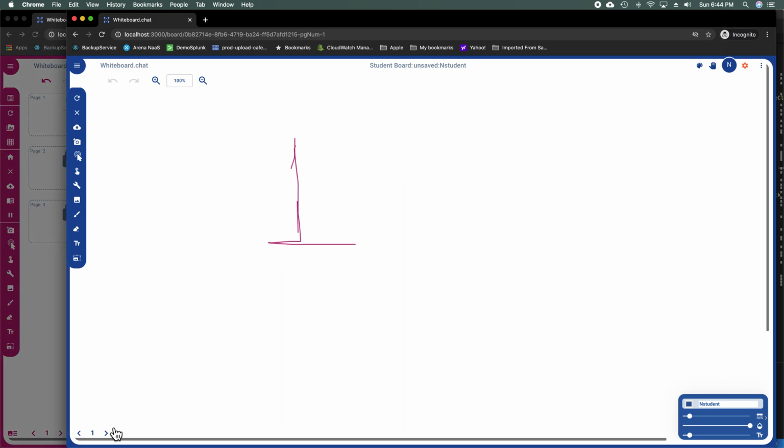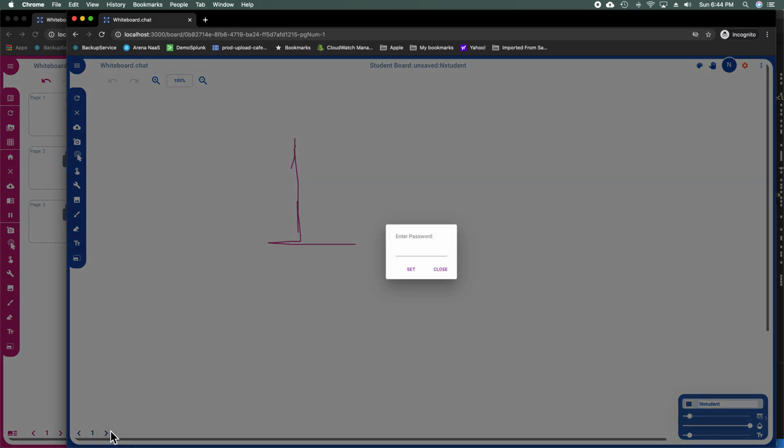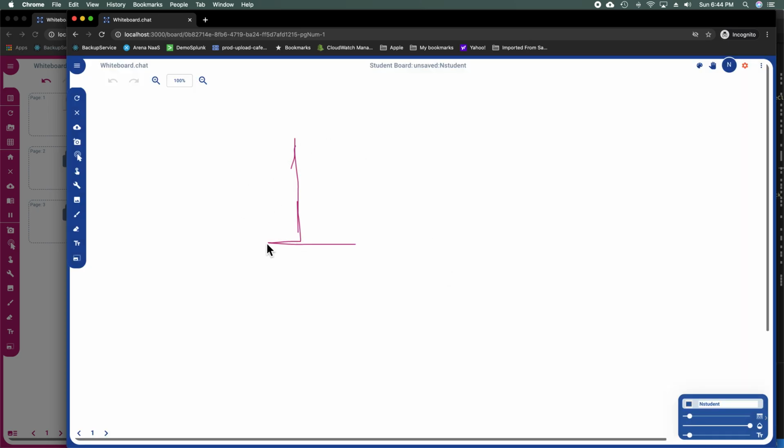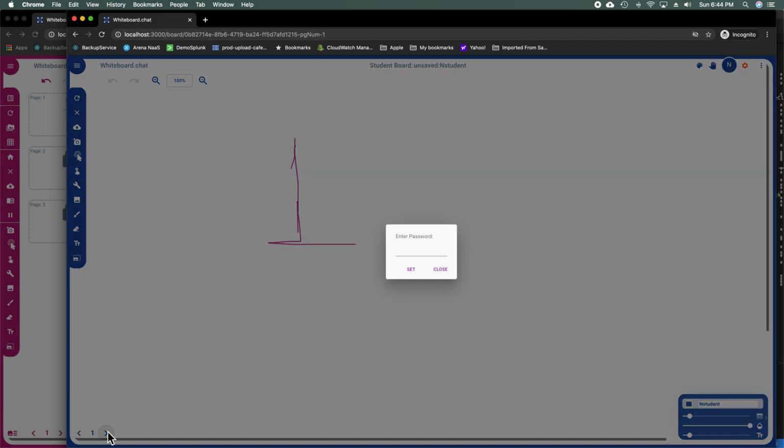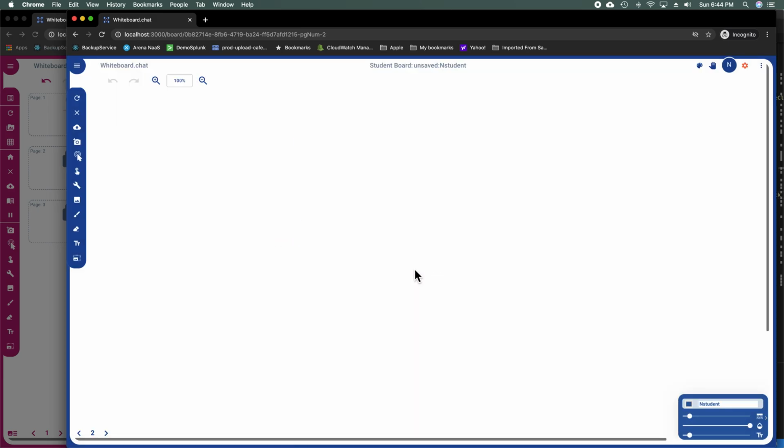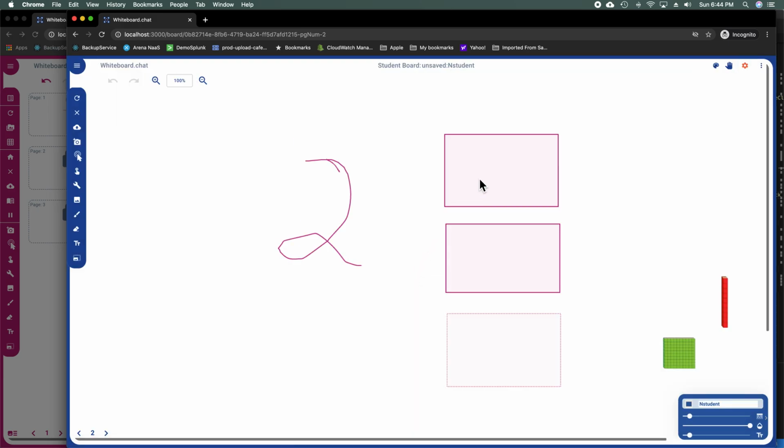So page number 1, and then you go to page number 2. They'll be asked for a password. If they enter the wrong password, it'll stay on that page, and then if they enter the right password, they'll be allowed to go to the next page. Right, on the next page they have this activity that they have to perform. So let's say they put A, B, C, and D, E,